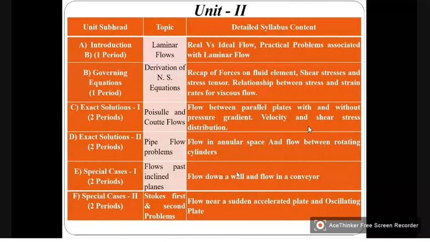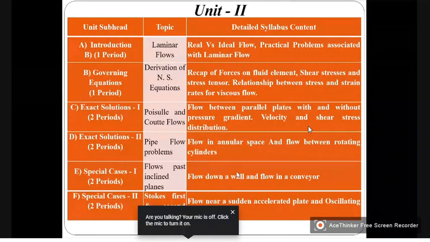Which is nothing but the converted energy equation or Bernoulli principle. So it is derived based on F is equal to ma. So that is for ideal fluid flows. Now for real fluid flows, the basic difference is,